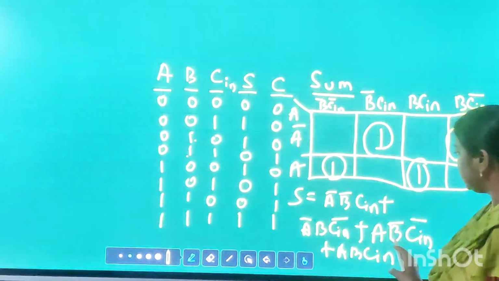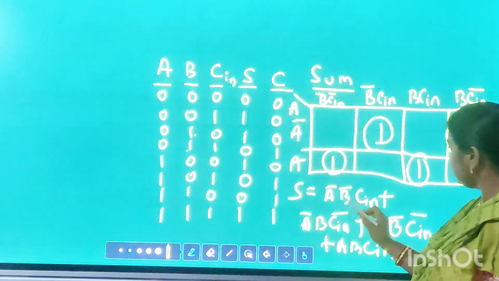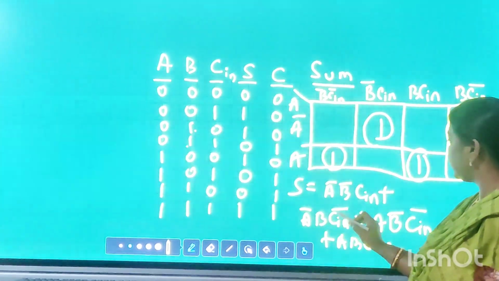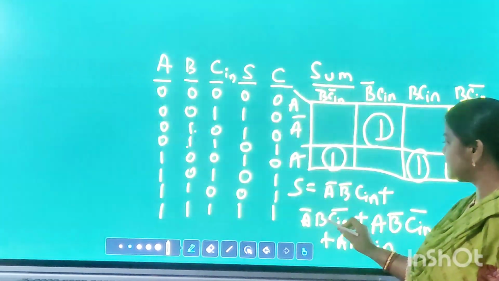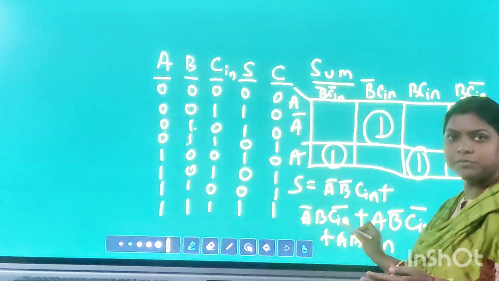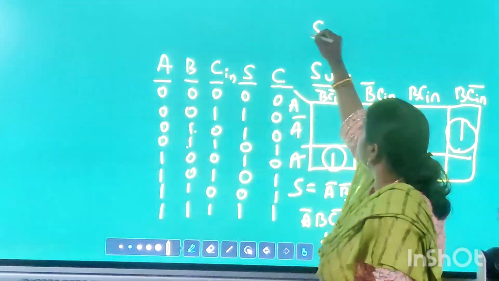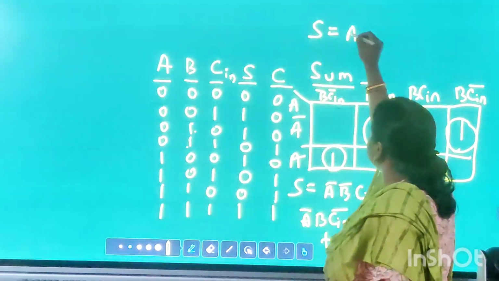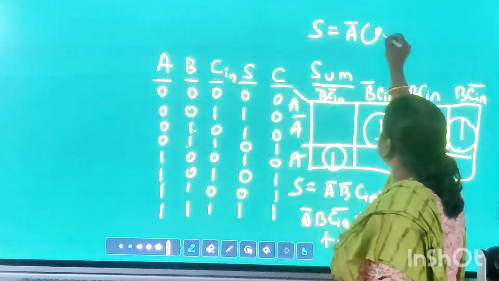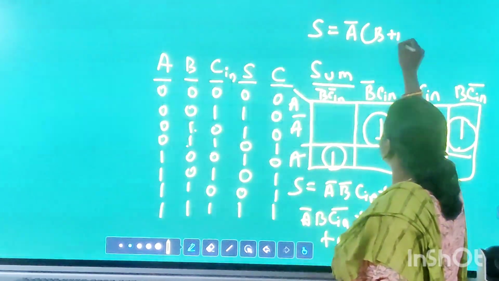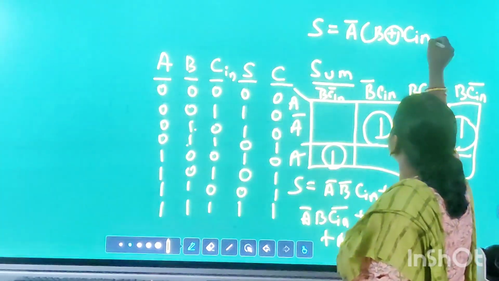As you can see here, taking A bar as common, I can write B bar Cin plus B Cin bar. This is the expression for B XOR Cin. So your simplified sum is equal to, taking A bar as common, B XOR Cin.